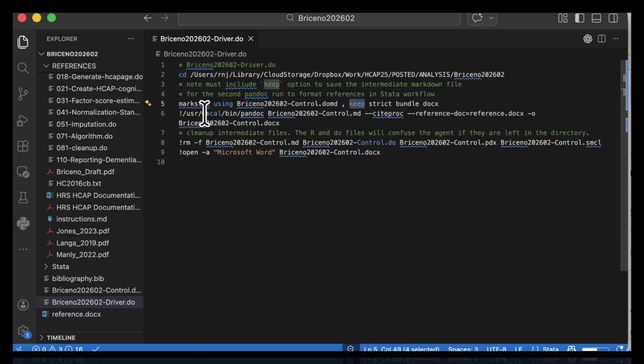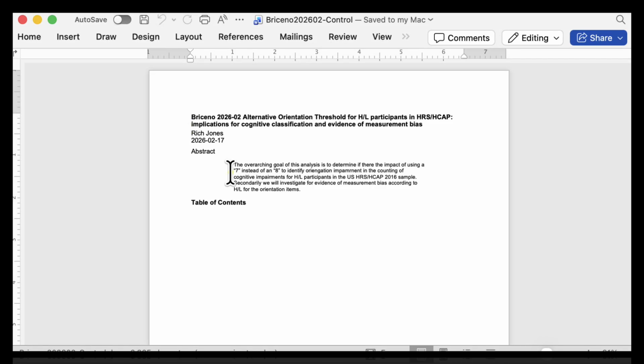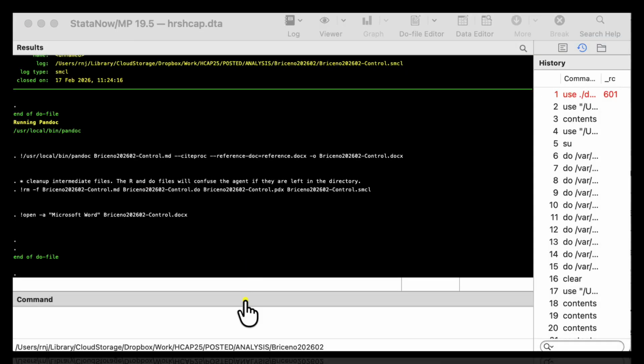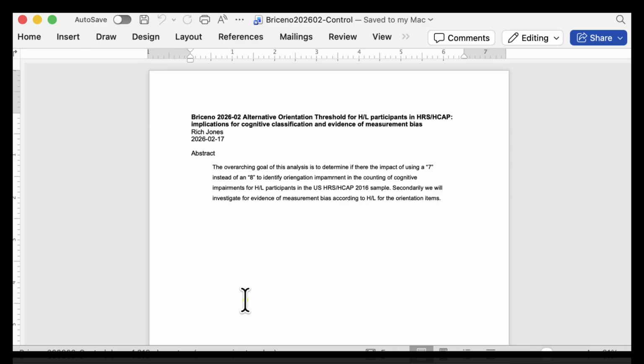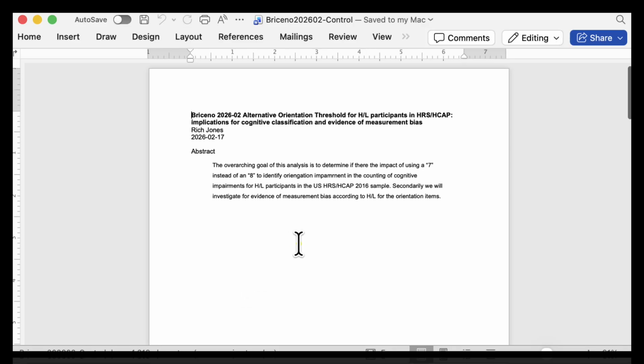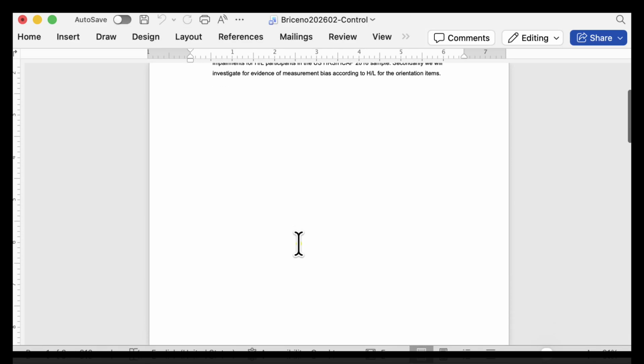This is the driver file. We've made a note about including the absolute path. And I have to include an absolute path to that pandoc file for some reason. The document generates if I run the pandoc. So with this